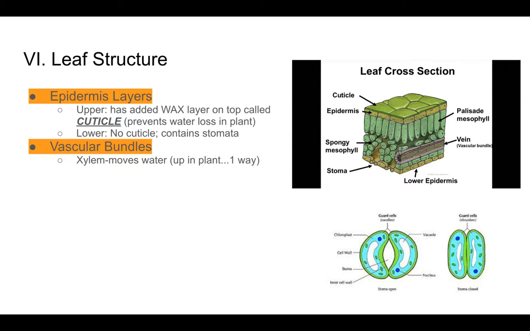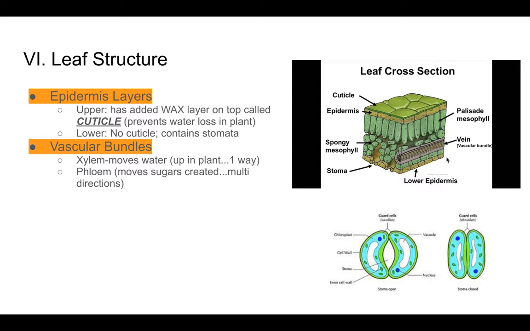And water really only moves in one direction in the plant. It moves from the roots of the plant all the way up to the leaves. So the xylem tubes are like a one-way street. The phloem tubes are the second type of tube system here in this bundle, and those are going to move